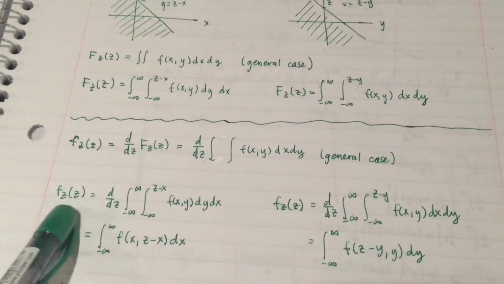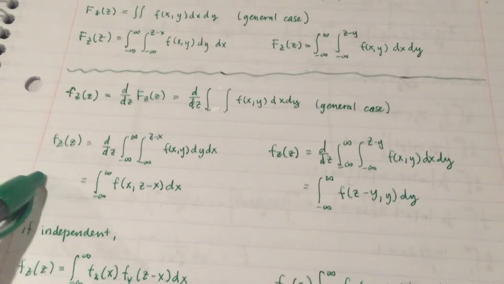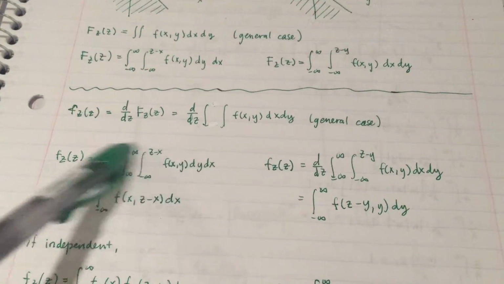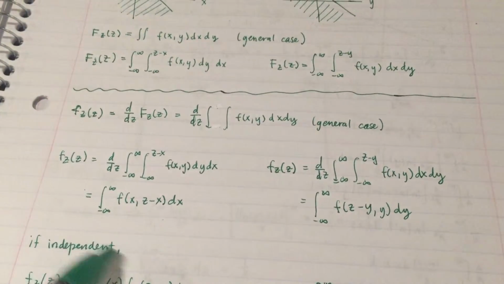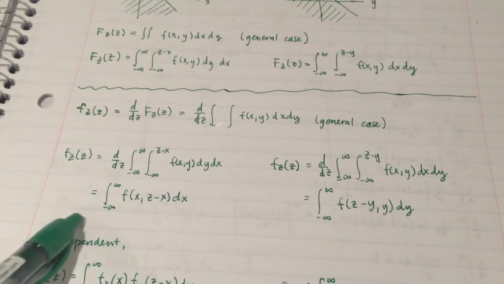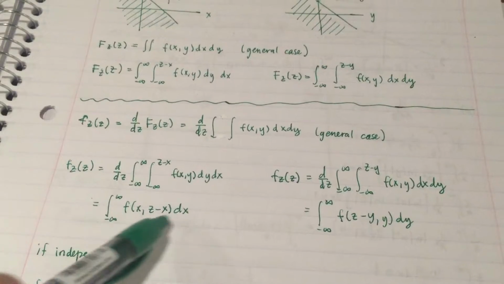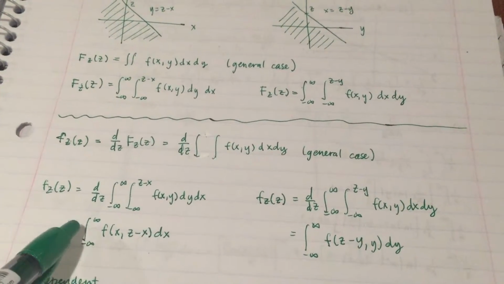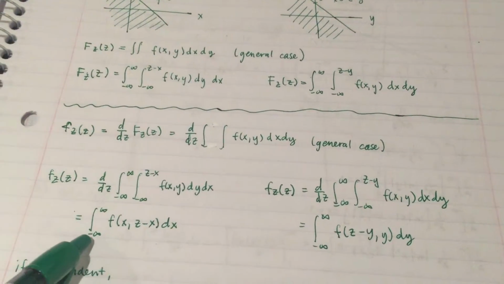So for the case on the left side, you take the derivative of this double integral, which I already wrote here, and you can simplify this to just one integral in terms of dx,